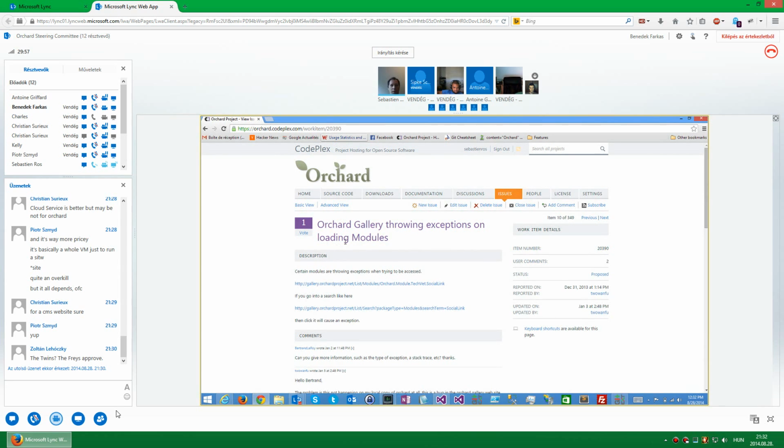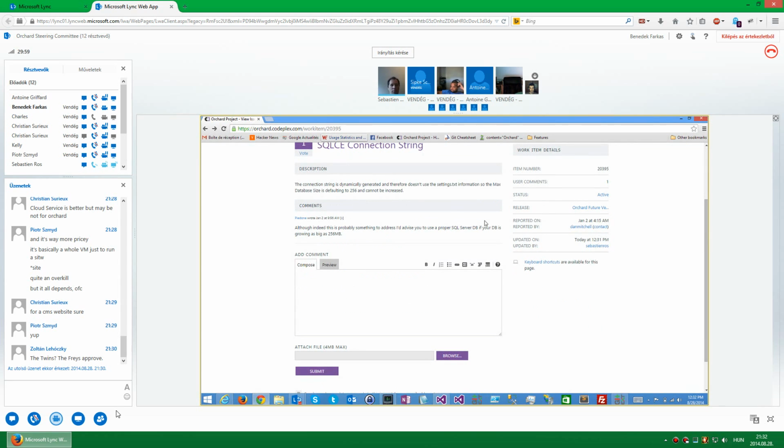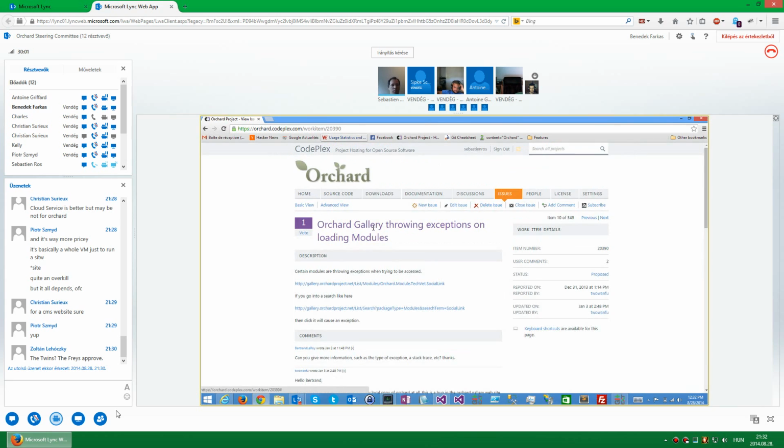Hotshot gallery. Did I close it? Yeah, no. Hotshot gallery throwing exceptions and loading modules.